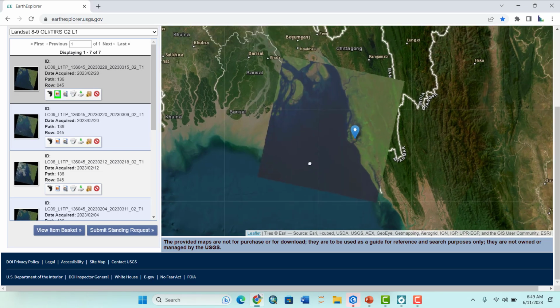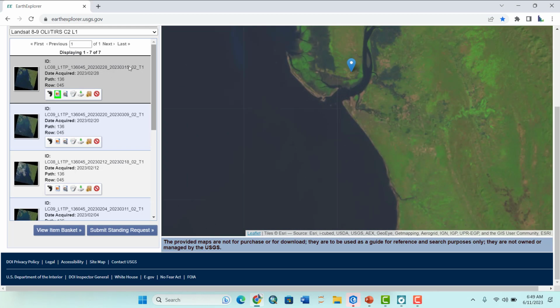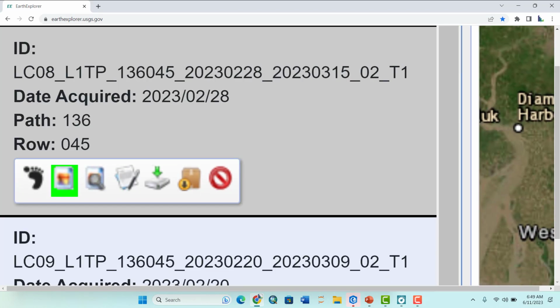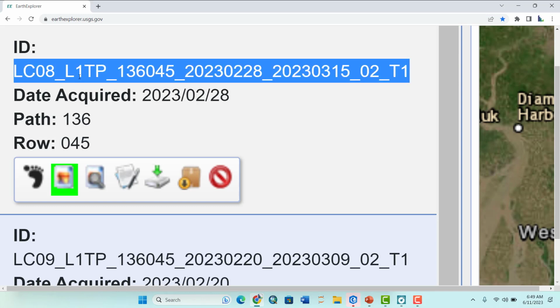You can see the scene, and you can also see that there's no cloud coverage actually. So if it matches your desired date, you can download it by clicking this download icon. This is level 1 data, and you can easily identify it by its name. You can see LC8, that is Landsat 8 image. L1 means level 1. In the case of level 2, it will be L2. Alright,